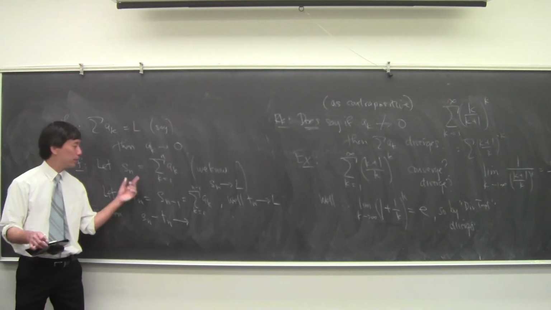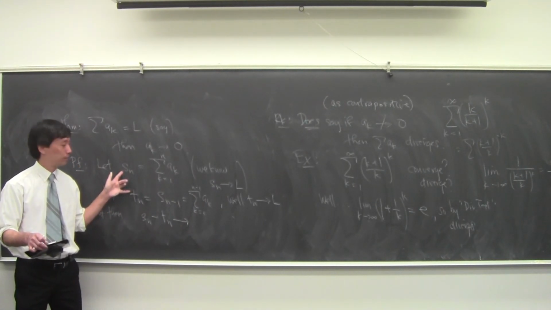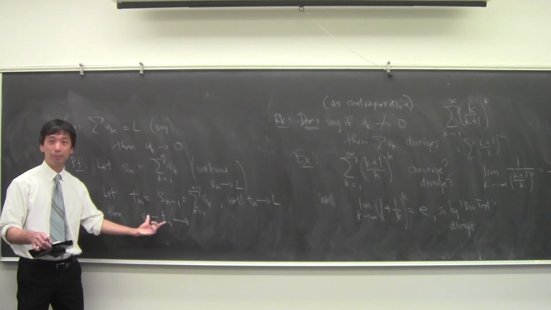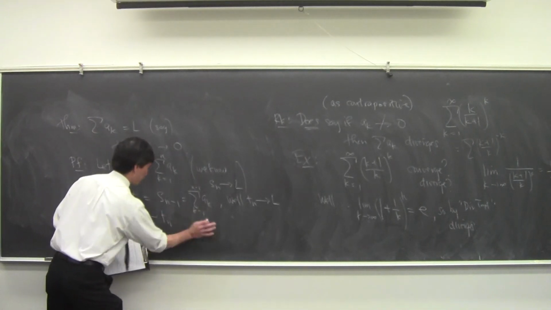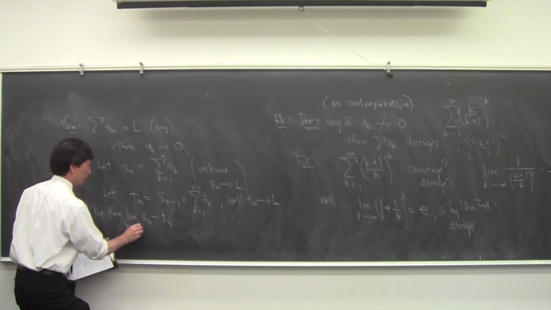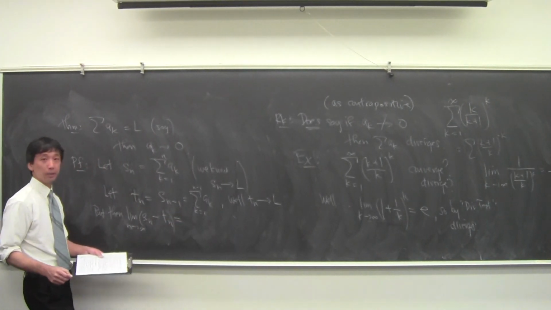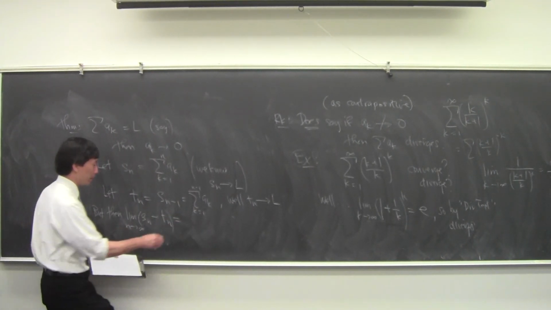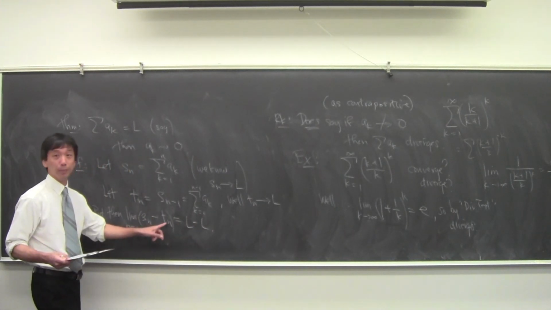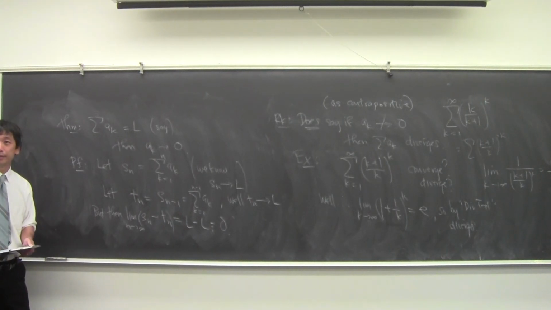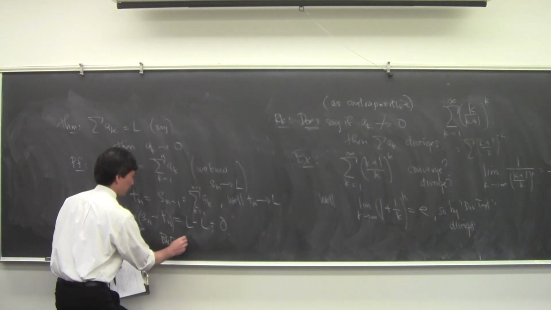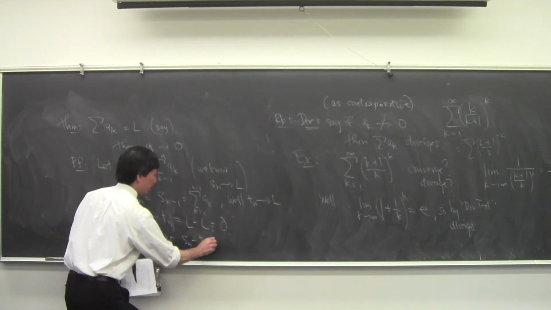If I take the difference of these two sequences, well, by limits and arithmetic, the limit as n goes to infinity of these guys is going to be L minus L. The limit of this guy minus the limit of that guy, which is 0. But S sub n minus T sub n is